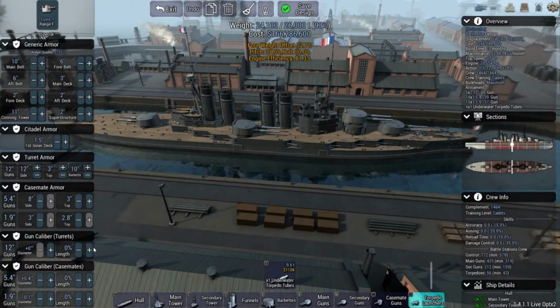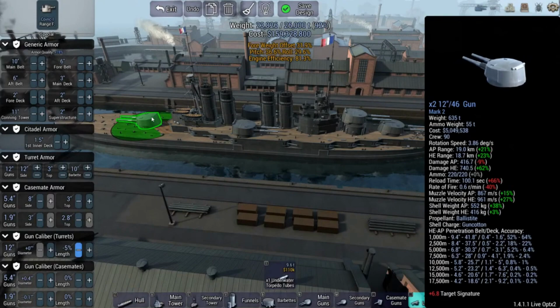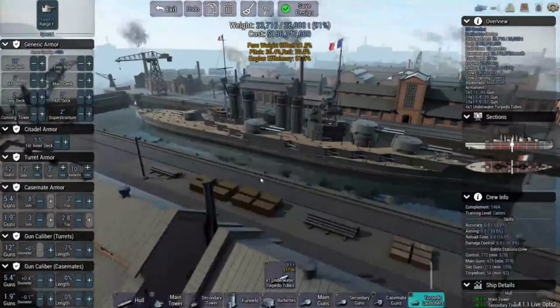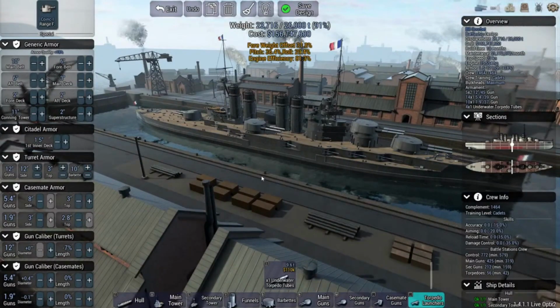Hold on. So 45. Okay, 12 inch, 305, 45 caliber guns. Okay, so these need to come down. So they're at 48 right now. So those appropriate length guns for the ship. And then we have our